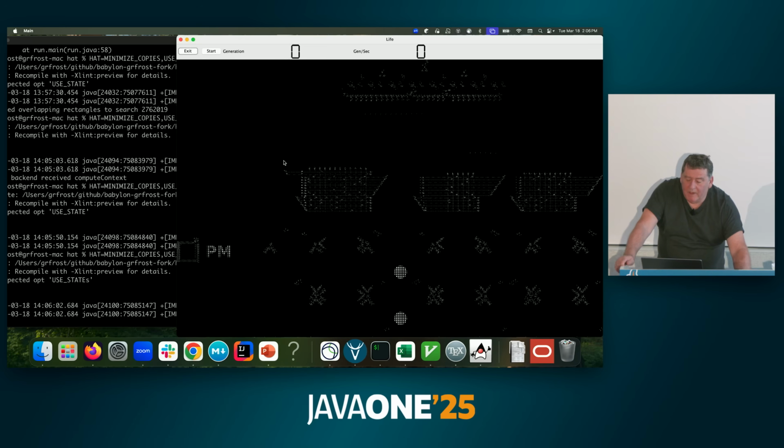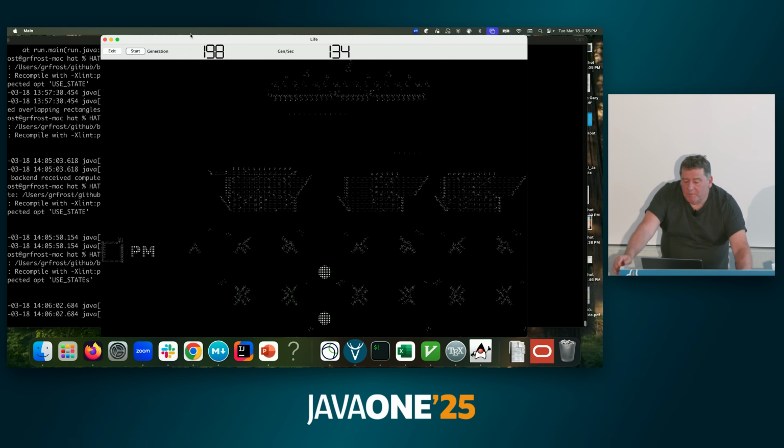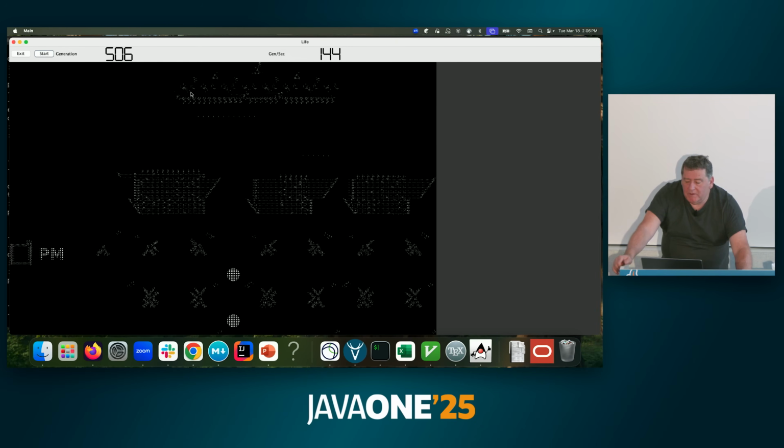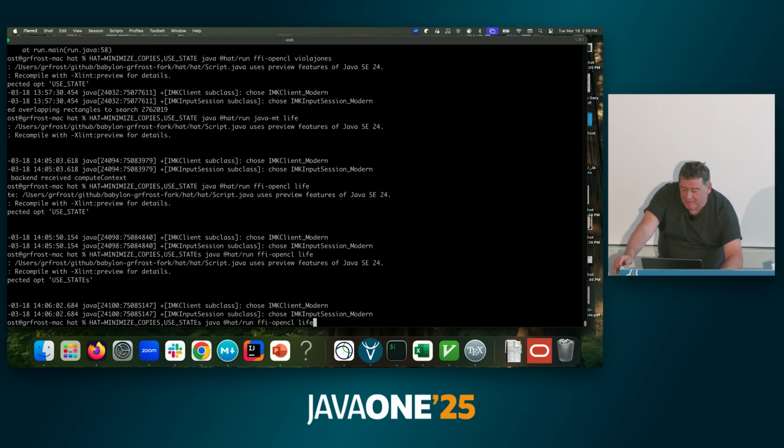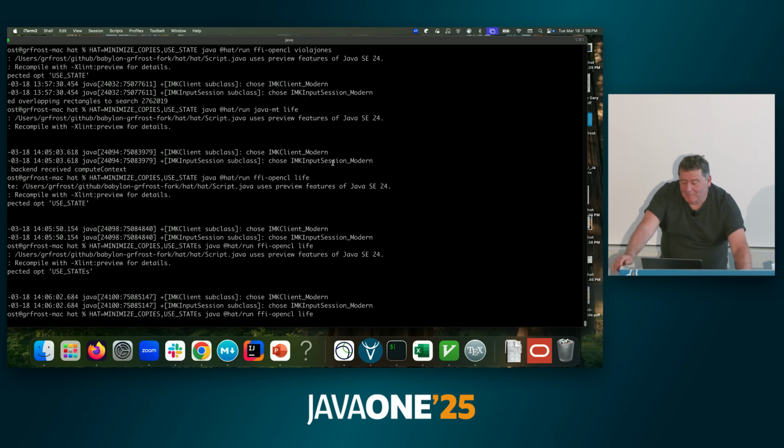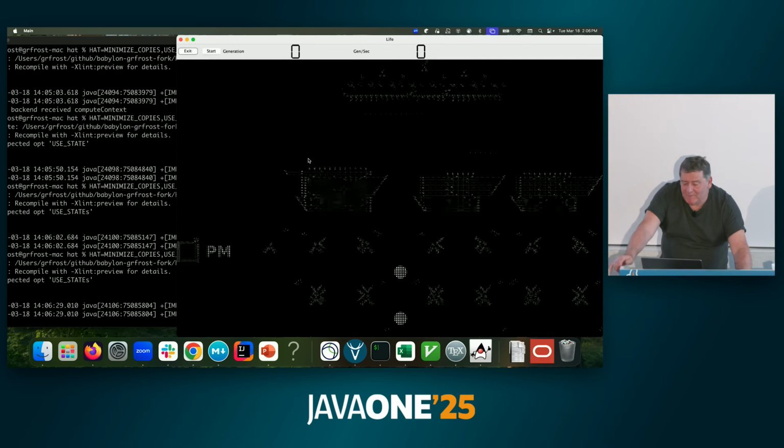Okay, so now we're going to show what this code would look like if we didn't give the backend the opportunity to minimize the buffer transfers. So you can see, actually, I just messed up clearly because I've shown what it looks like. Okay, spoiler alert. For some reason, this is messed up, but